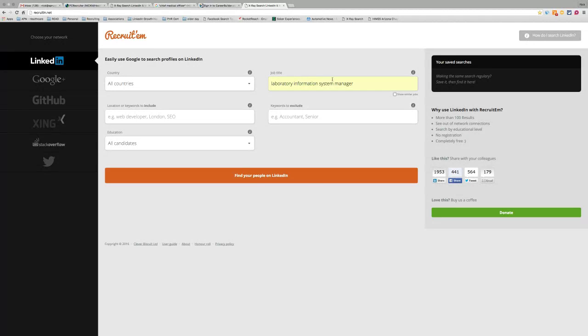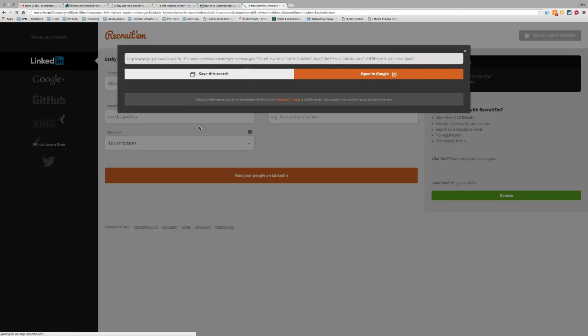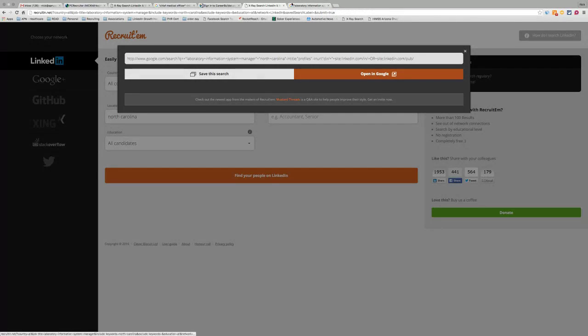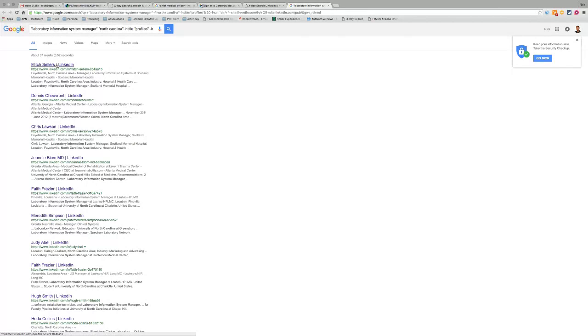You can see it's already there. Information System Manager. And I want to show you a couple things. I think we were dealing with an initial search in North Carolina. Open in Google is what I just chose out of those two options. You can also create a profile and save the search. But basically what this does is it opens up